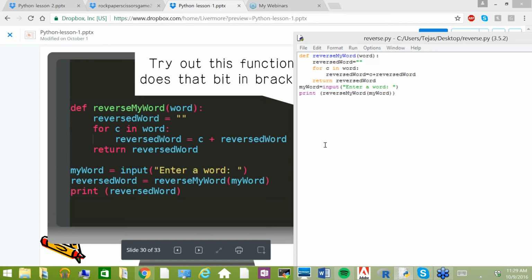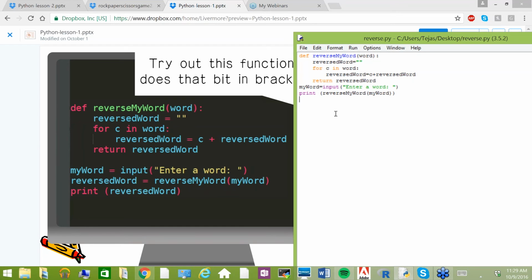Yes, that. I don't understand how the for loop works. Okay, so when you say for C in word, it just divides the word up into letters and iterates through it. So if the word is cat, then C is equal to C, and then C is equal to A, and C is equal to T, and then it does whatever is inside the body of the for loop. So a simple example could be